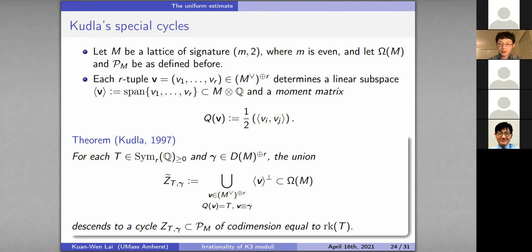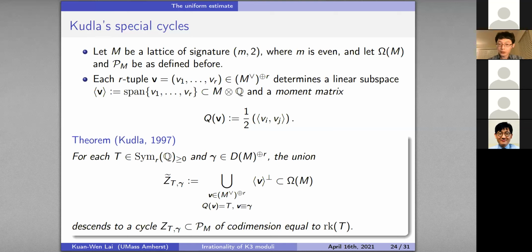It's the union of the orthogonal complements of the span of the linear space determined by V, an R-tuple V, where V satisfies the two numerical properties there. First, you want the moment matrix of this V to be the same as the T that you chose in the beginning. And you also want its class in the R copies of the discriminant group to be the same as the chosen γ above. You run over such orthogonal complements, and then this will descend to a cycle on the